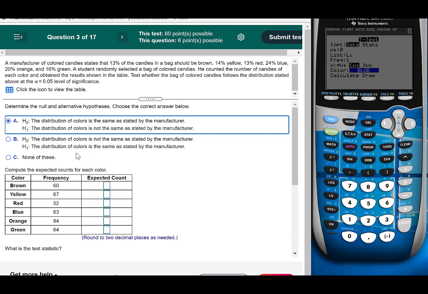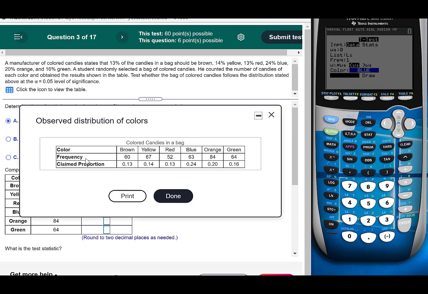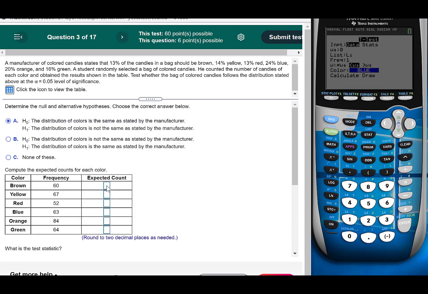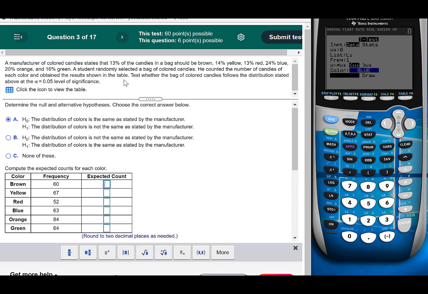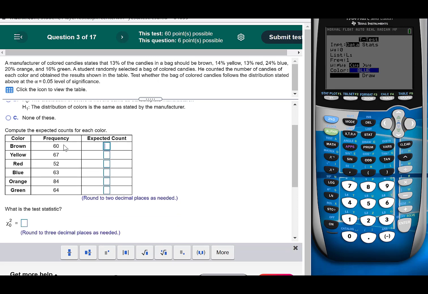Guys, in order to find the test statistic and the p-value, you need the observed values, which are given to you right here. These are the frequencies, these are the observed values, but you need the expected values. You got to do those by hand. Here's how you do them. For the first one, how many total do we have? First of all, you need the total. So you add 60 plus 67, which is 127,